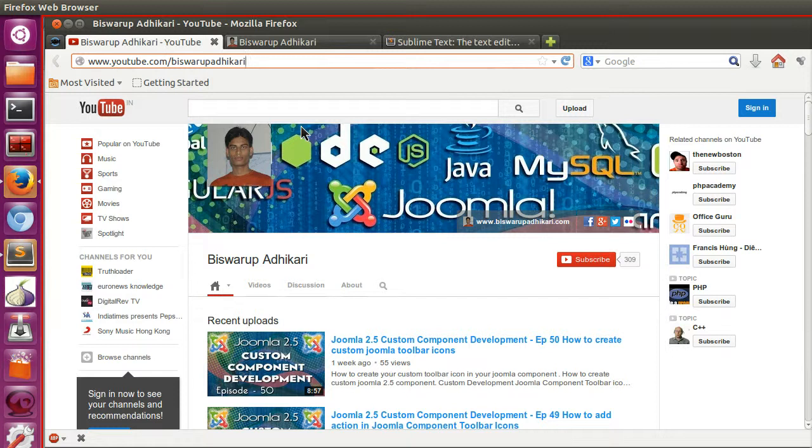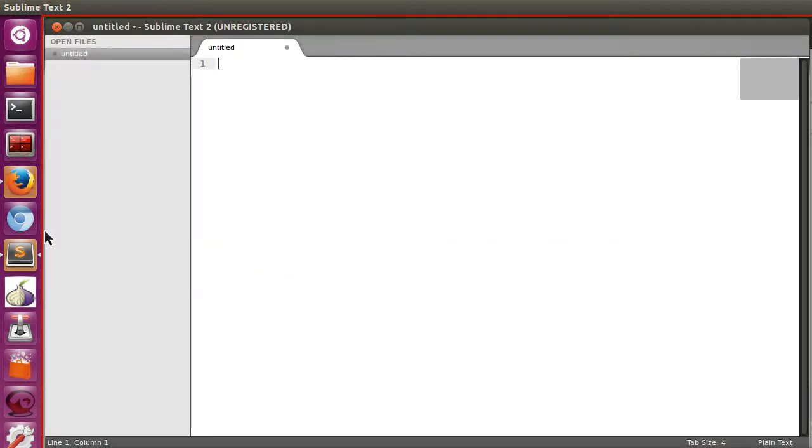So what is HTML? The full form of HTML is hypertext markup language. So what does this hypertext markup language mean?